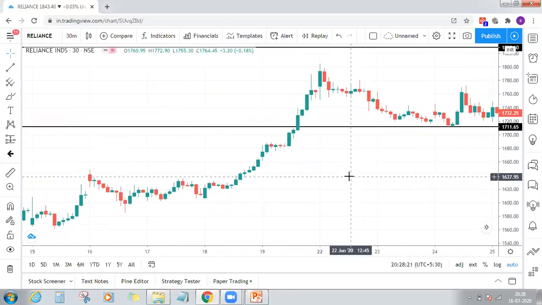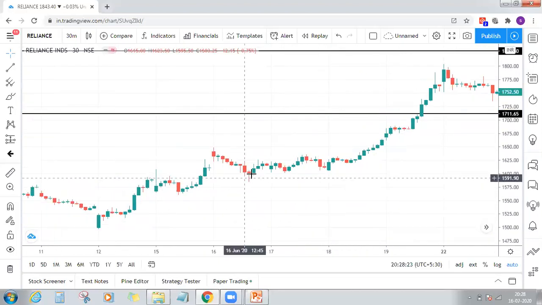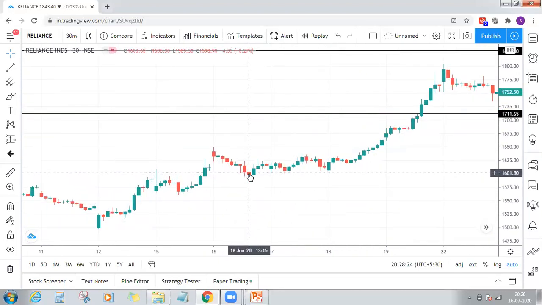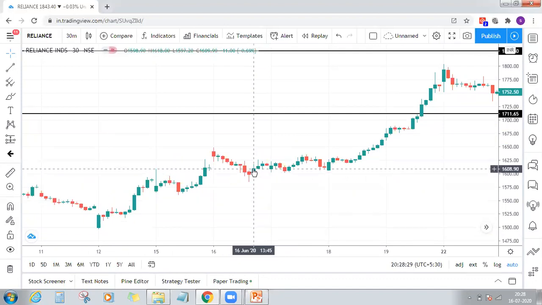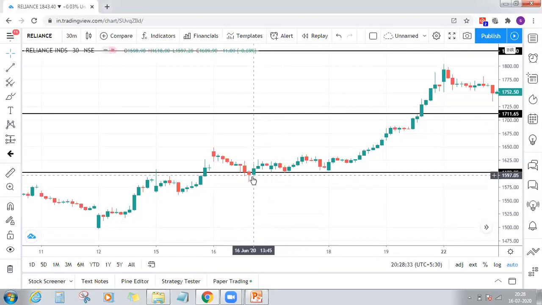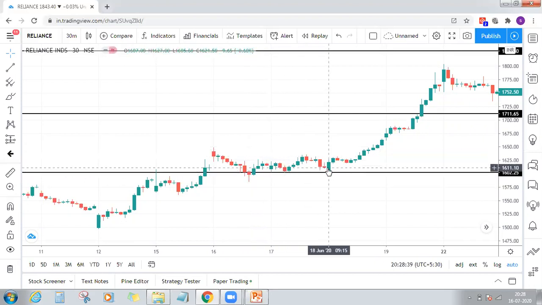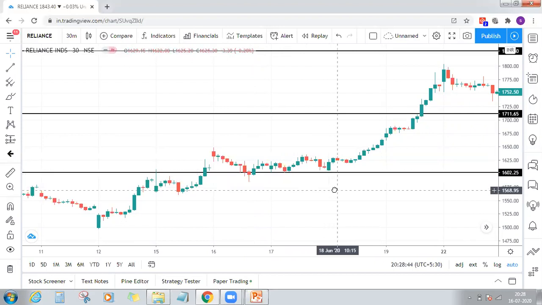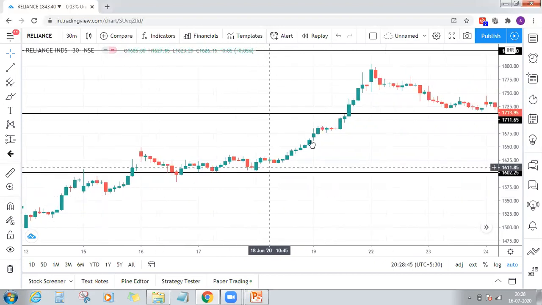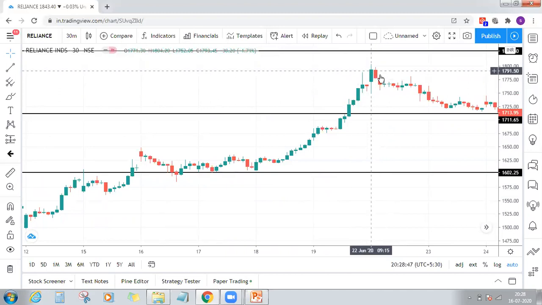So these are some of the examples that we have. Even here also, see, there is a hammer, but this is red in color. So wait for one more candle to close and at the closing price you have to initiate the trade. Now see here, all those bulls who stood here, they protected their position and that's the reason, although price came back to the same zone again, it was not able to breach the 1600 zone and from 1600 it straight away jumped until 1800.